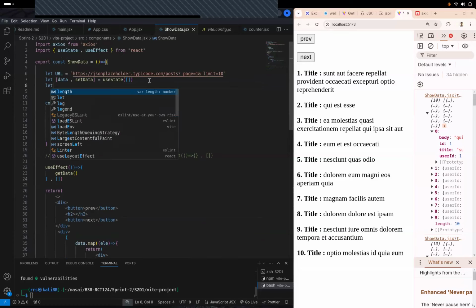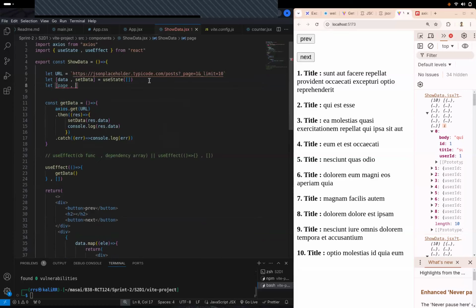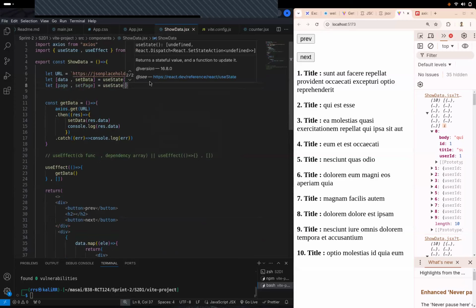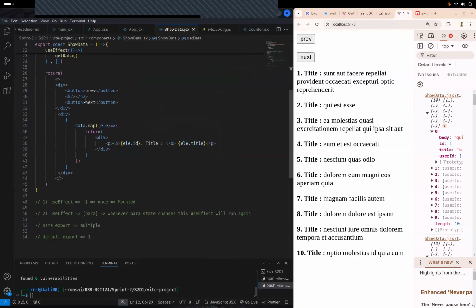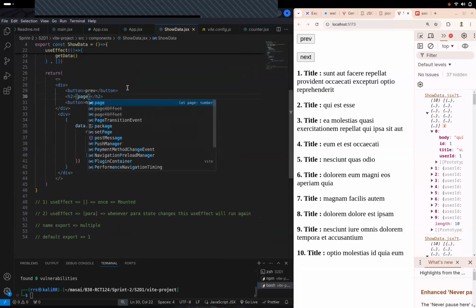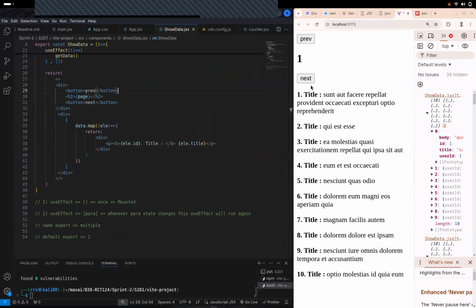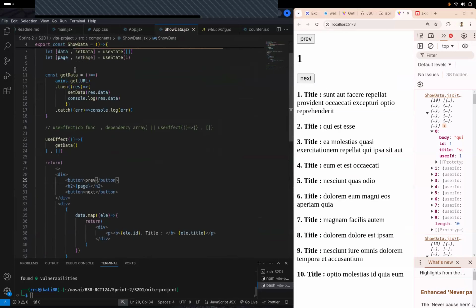So previous, next, h2 in the middle, let's create a page, right? So let's create a state. This will hold the page number. So page, set page equals useState. By default, what should the page number be, 0 or 1? 1, because there is no page 0. All right. And here should be the page, right? So by default, we are at the first page. Now, if I click on next page, I should update this set page.